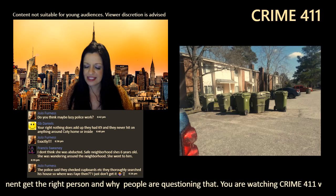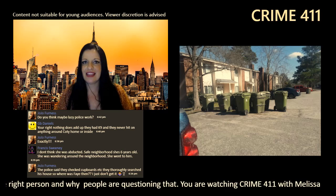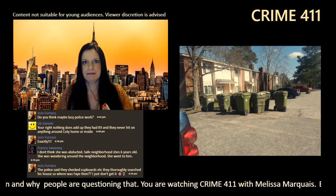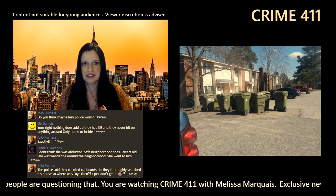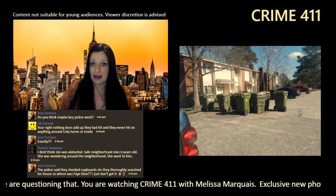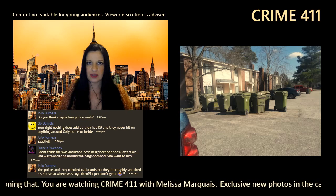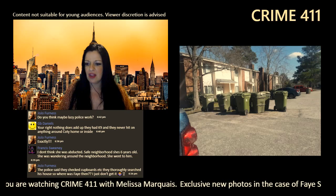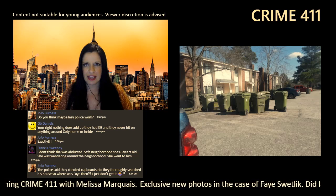10:30, they find the boot, the ladle, Faye, and Cody within a half hour of locking down the neighborhood. I am almost certain, although I can't say for sure, that they were in the neighborhood before 10 o'clock because, actually, no, I am certain, because law enforcement stated themselves that they had 24/7 people on site searching. So if you're there 24/7,